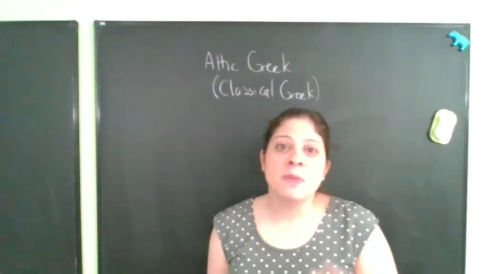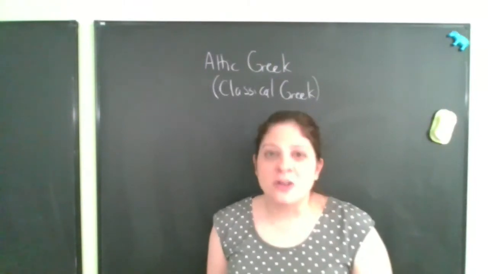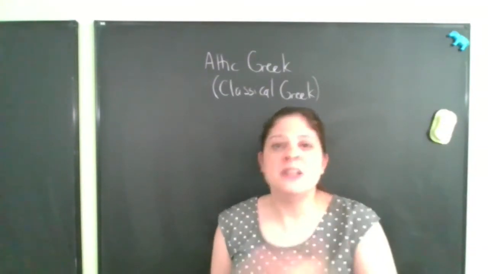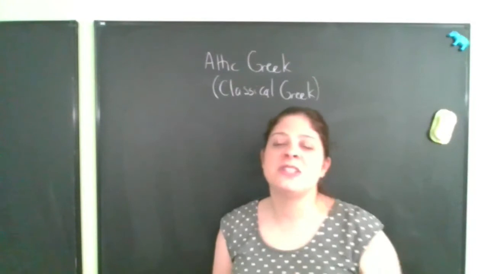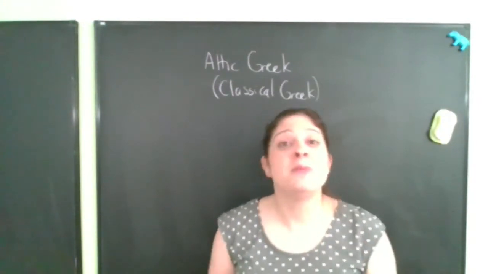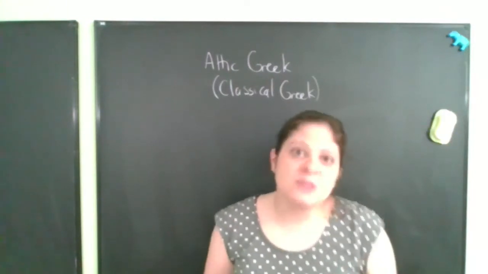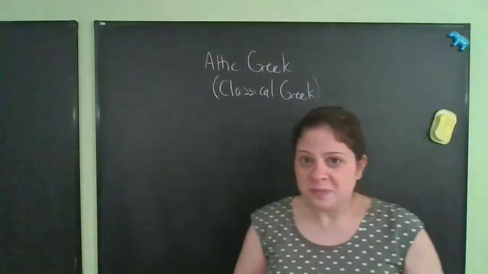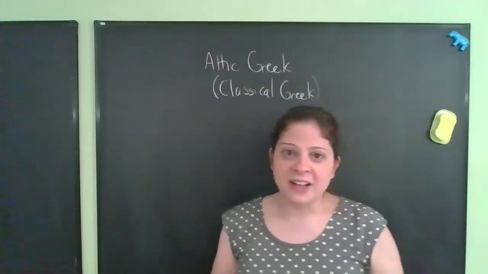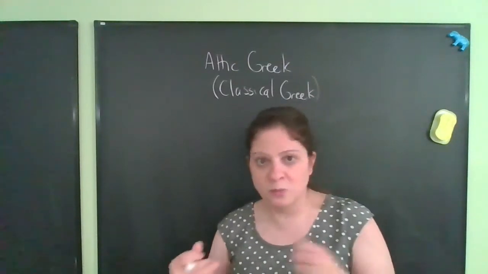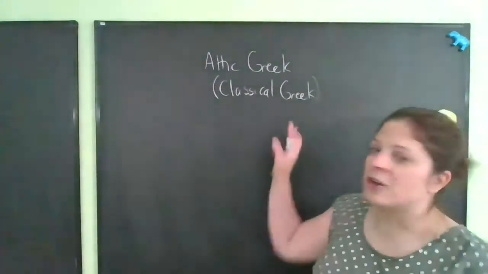Athens was one of the biggest producers of art and, for our purposes, even more important, literature. People wrote histories there, they wrote speeches, they wrote poetry, they wrote the plays. If you've ever read Oedipus Rex or the Medea, that was written originally in Attic or Classical Greek. And so when we look at ancient texts and we study the ancient Greek language in order to pull things from it like roots, we're usually looking at Attic Greek.